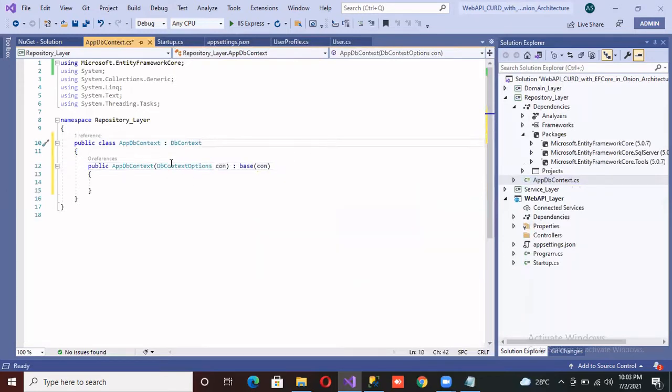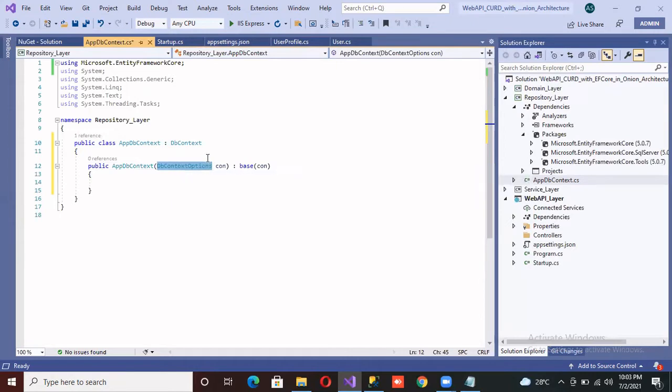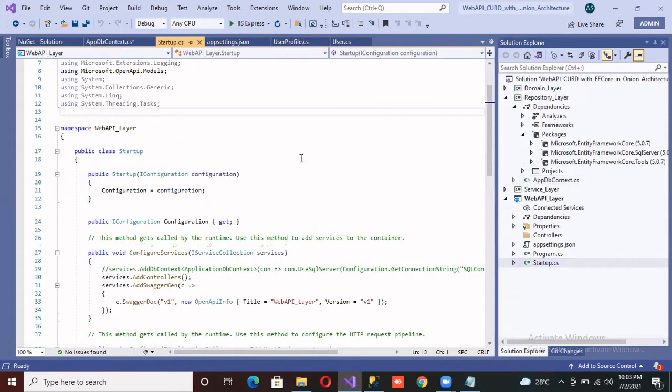And we are using dependency injection, so we will provide the memory at the Startup class.